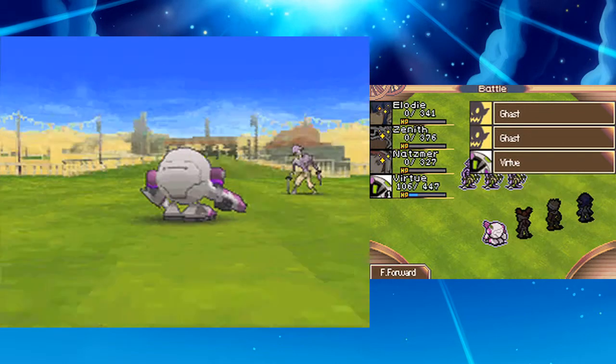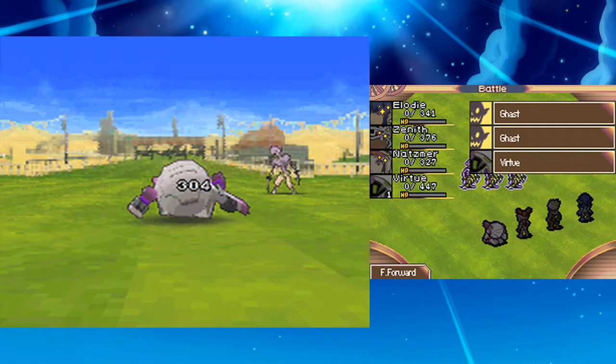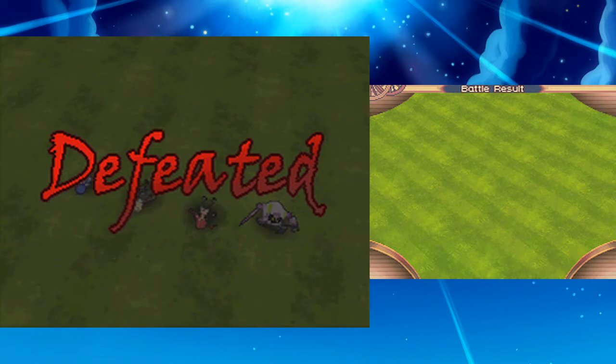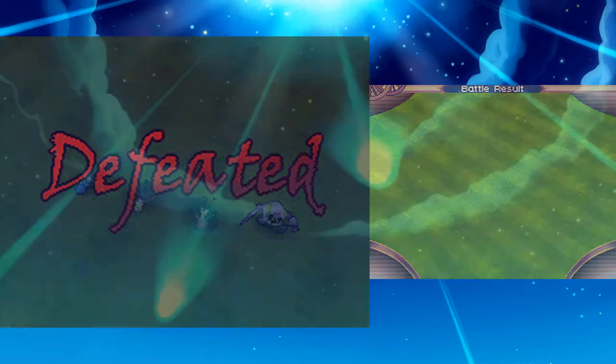That one hit with the Flamethrower means that only 1 Fire Sword attack will take out any of the ghasts. But I did not have time to do it, and I was defeated. Yeah, this one, it doesn't look like I'm going to make it through this. So,